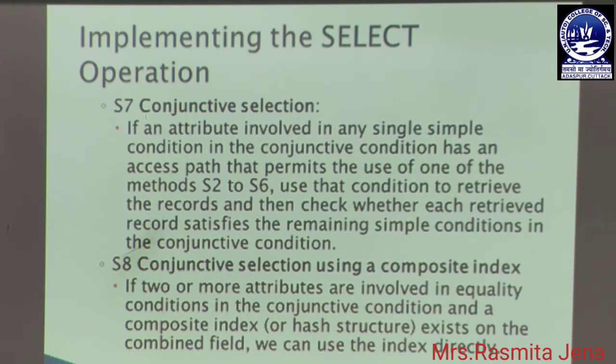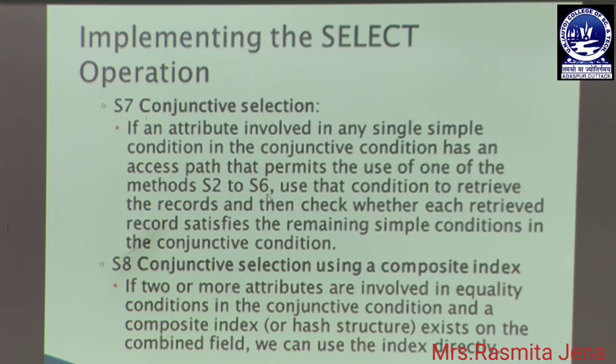By using the primary index with equality comparison, we may retrieve a single record. By using a clustering index, we may retrieve multiple records. So, these are the algorithms numbered S2 to S6. When we go for the conjunctive selection method, if an attribute involved in any single simple condition in the conjunctive selection has an access path that permits the use of one of the methods from S2 to S6.